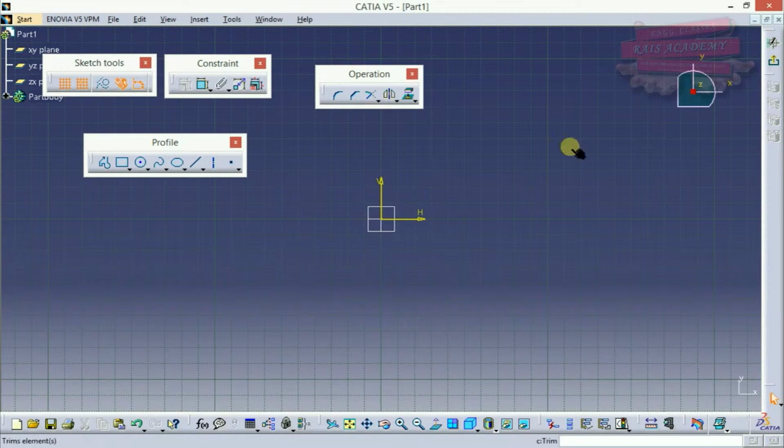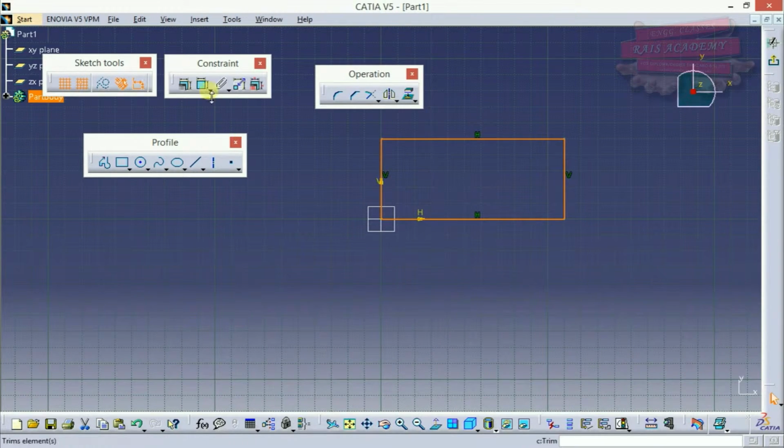As you are familiar with this interface of Sketcher, you may know how to use the profile, sketch tools, constraints, and operations. I'll make a basic design of a square.